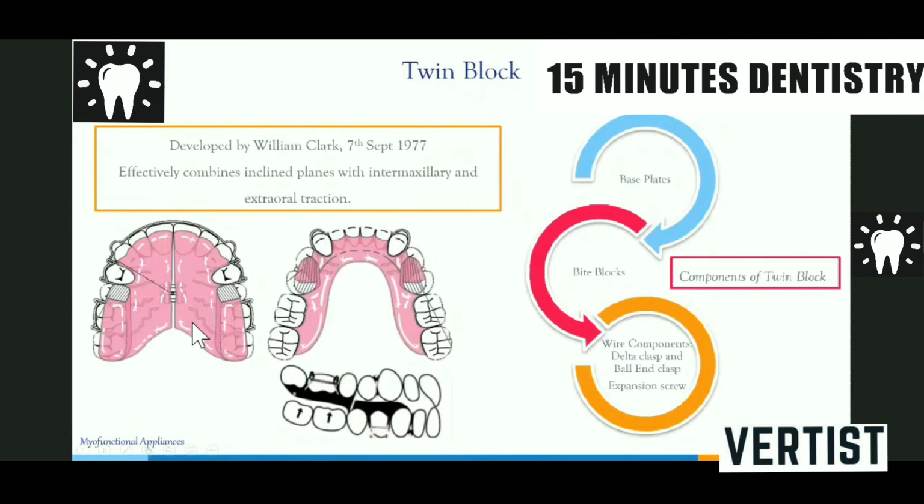When we advance the mandible in a twin block, the broader part of the mandible comes in contact with the narrower part of the maxilla, and therefore we need to do expansion in order to avoid crossbite in some cases of advancement of the mandible. Here you see the inclined plane, where the inclination usually preferred is 70 degrees. Earlier it was tried by Clark at 90 degrees and then also at 40 degrees. However, both did not suit, and therefore 70 degrees of inclination is given on the bite block, on the inclined plane of the twin block.